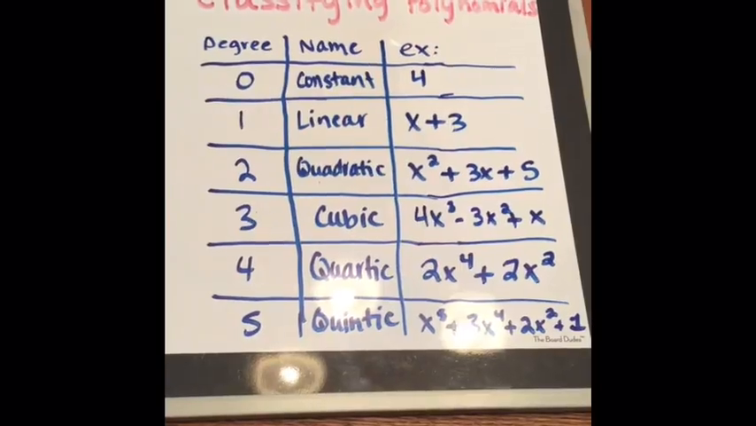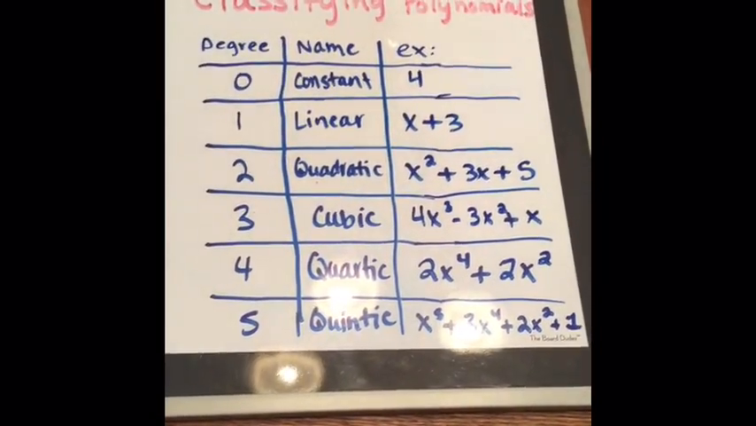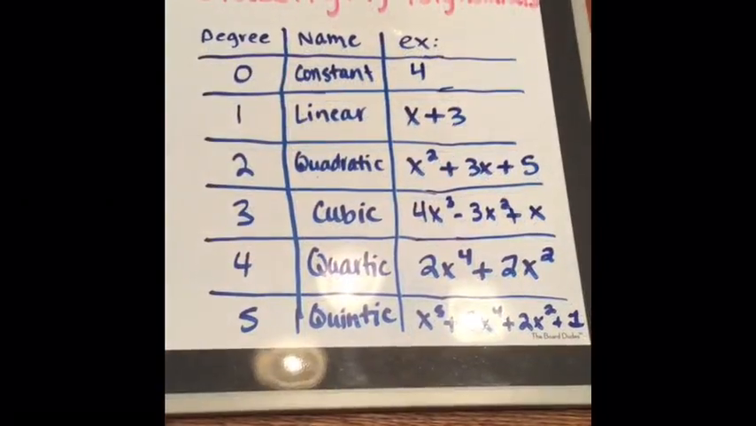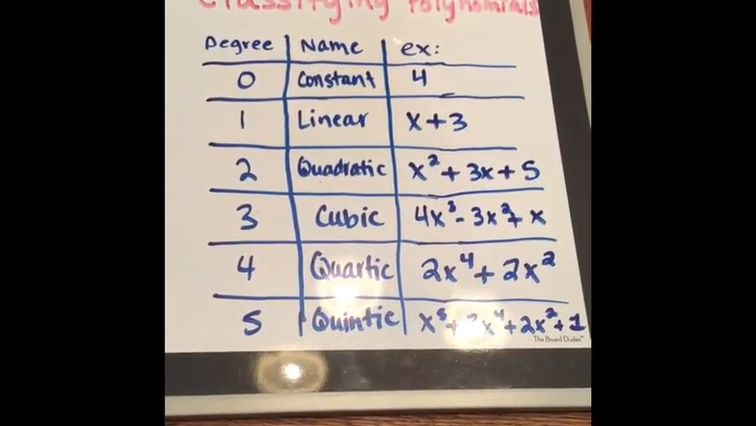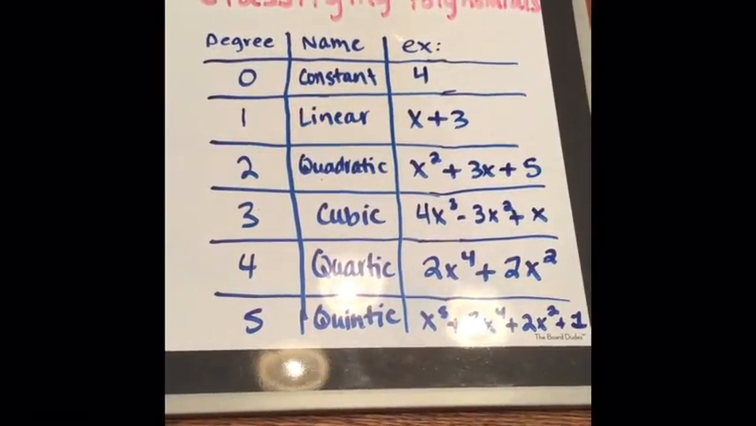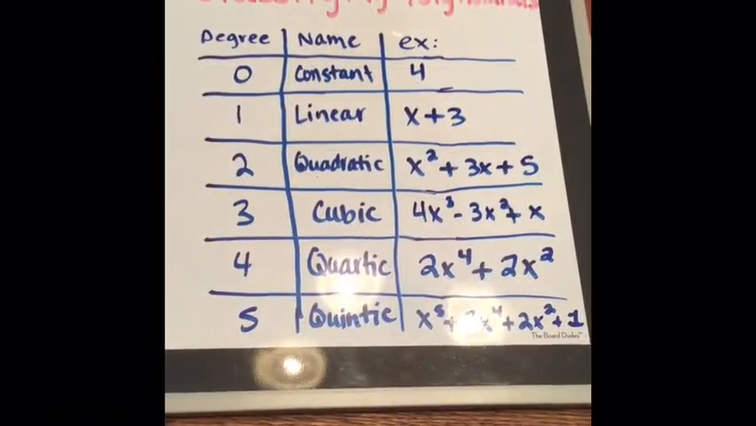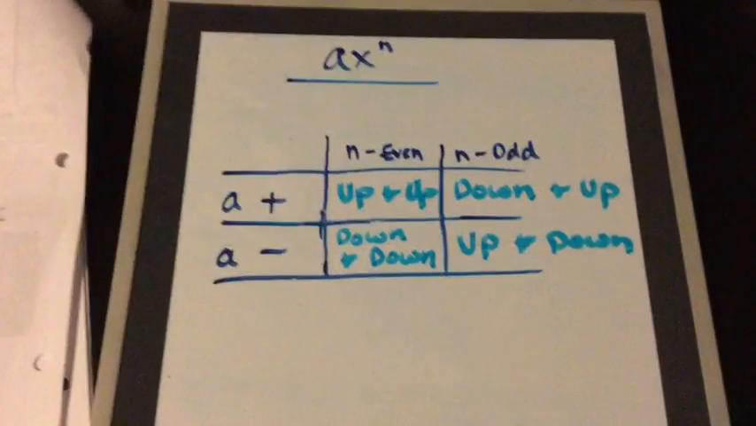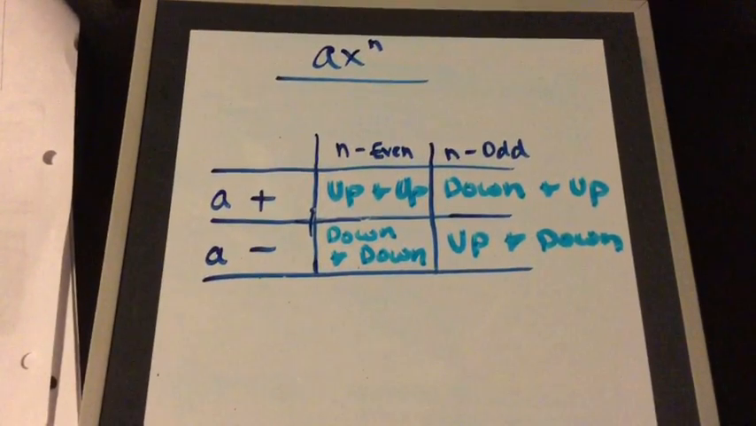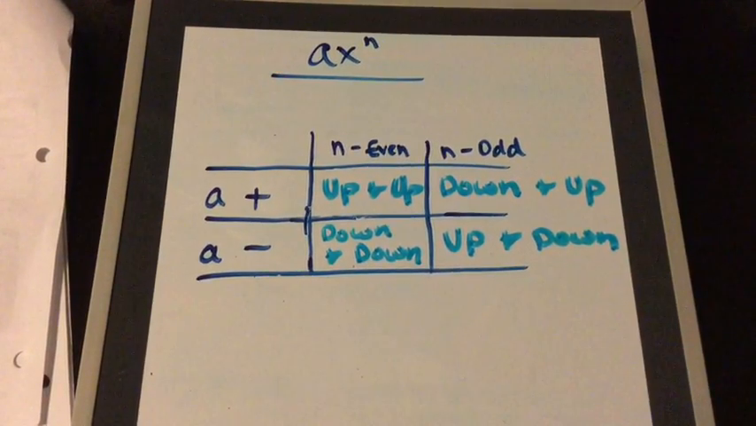With a degree of 4, it would be a quartic polynomial. For example, 2x to the fourth plus 2x squared. As well, a degree of 5 would be quintic, x to the fifth plus 3x to the fourth plus 2x squared plus 1. The ways to find the end behavior of a polynomial function are for ax to the